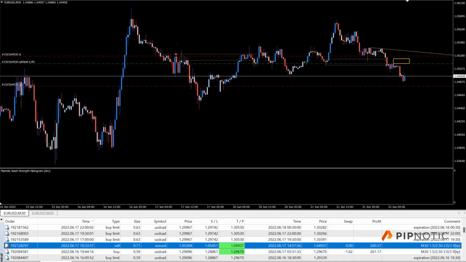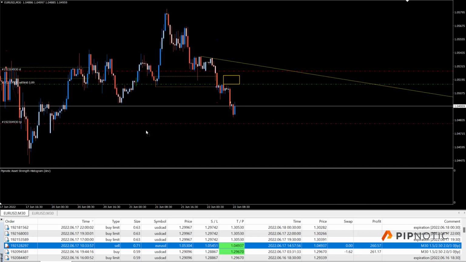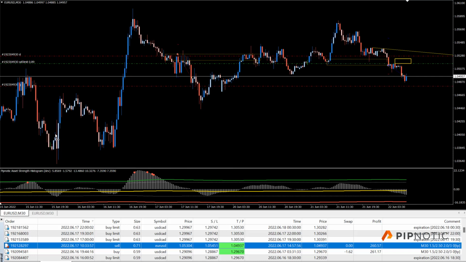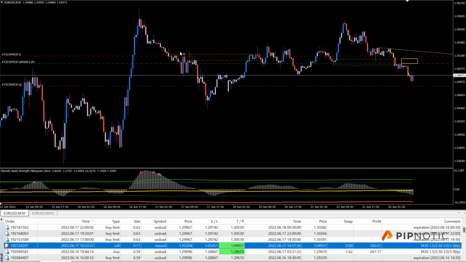I need to find, boom. Okay, so that was a short. The robot sold here, and it hit the target just here. The stop loss is up here. It went, I mean, this was like a 4-to-1 on this trade alone, and I'm finding that price almost goes